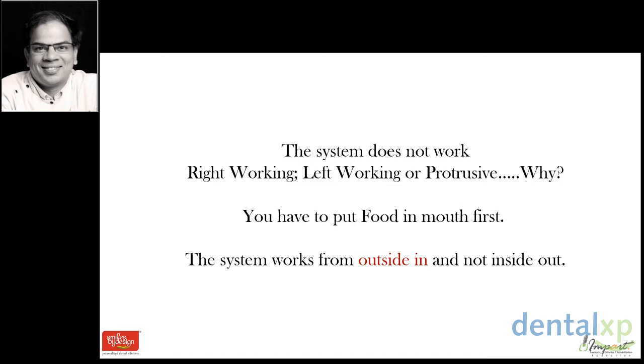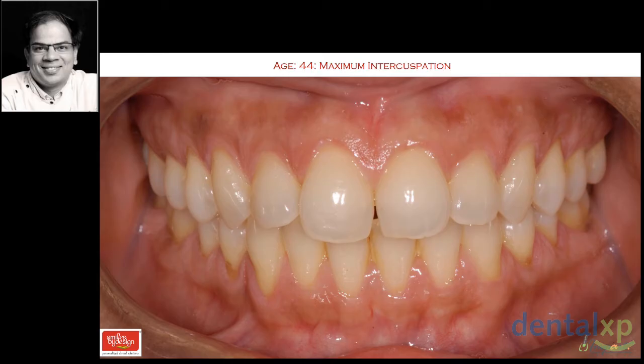And that's what we want to focus on when we are deciding the occlusal schemes as well as the occlusal adjustments for all our patients. Now you saw the basic tenets of mutually protected and group function, but look at this particular patient. She is 44 years old, has really good anatomy of the teeth. For 44 years old, the only signs which could be told as occlusal breakdown here, if it's a breakdown, is